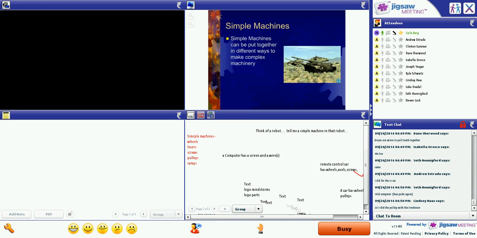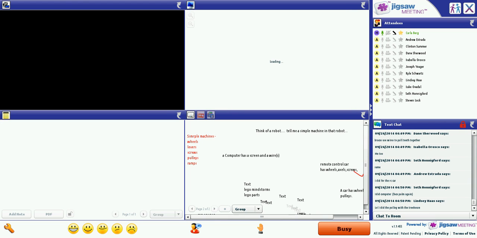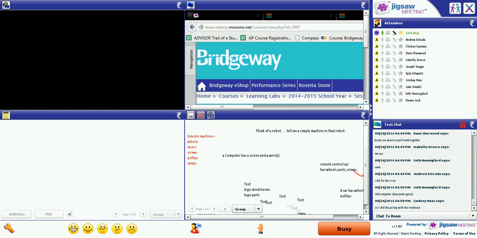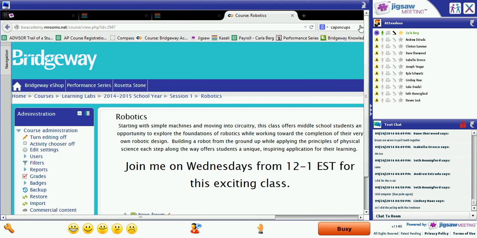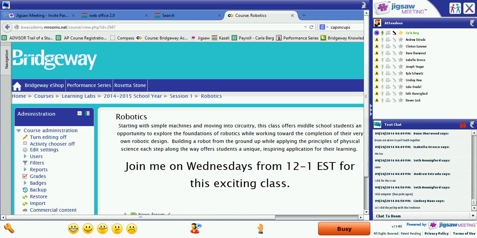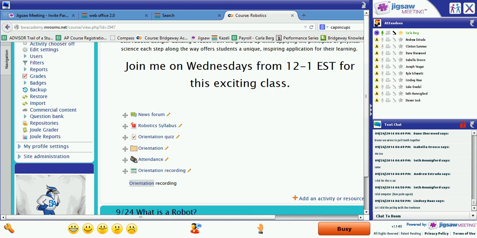Okay, up in your top right screen where we've been looking at the PowerPoints, you should now see what you see when you log into the Bridgeway Moodle site. When you log into this site, this is everything from our orientation. It has your syllabus, has the orientation quiz, which I asked you guys to do before class today. Some of you did, some of you did not. If you did not, either because you couldn't